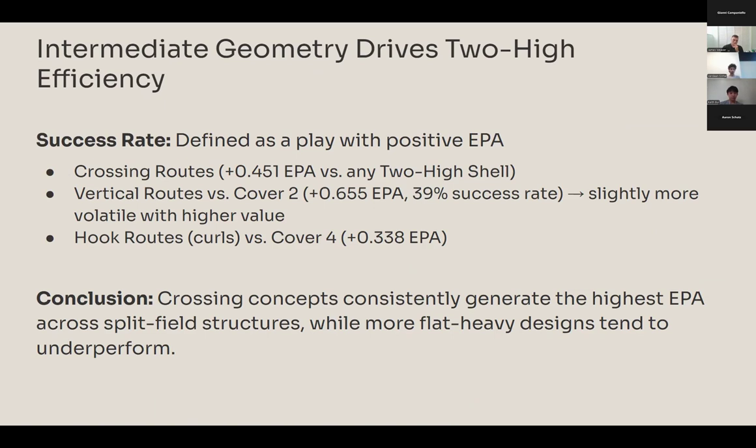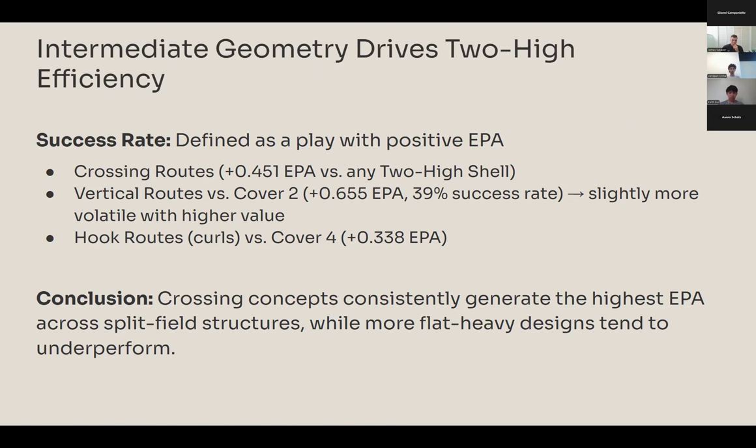But yeah, we saw that against the too high shell, which was defined in the dictionary as cover two, cover four, or man cover two, crossing routes had a pretty high EPA and a pretty high success rate. I didn't write the success rate down on the slide here, but what we found was it was around 63 to 64%. That made sense because if you have two safeties playing deep, that opens up some intermediate passing options, and you're going to be pretty prone to having positive EPA plays if you're running crossing routes, so any intermediate